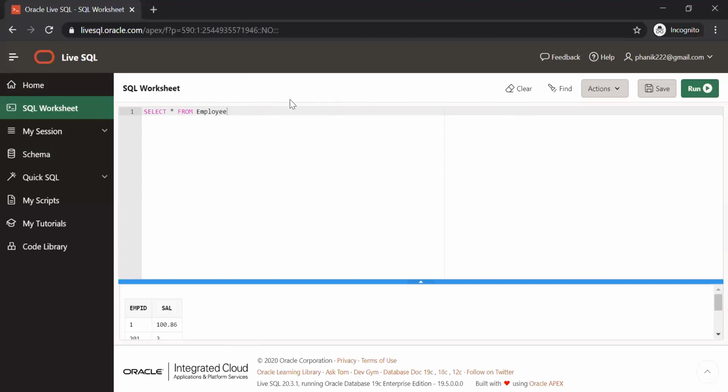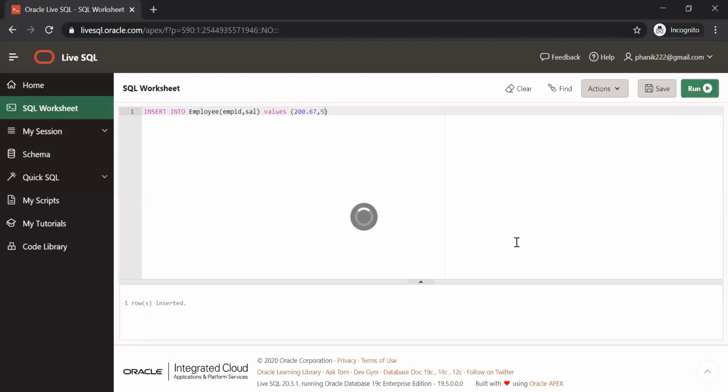So if you specify employee ID in the first position, you need to give the employee ID value first. If you give something else, it is not going to serve any purpose. If you are specifying the column list but don't provide values accordingly, then it is not going to serve the purpose.